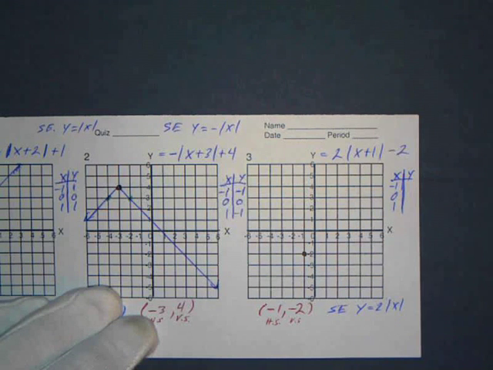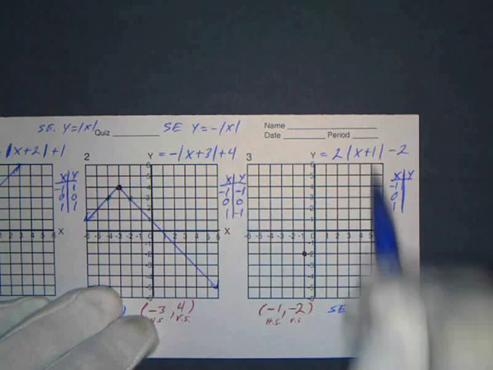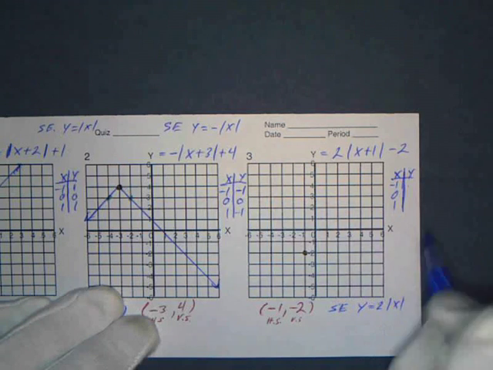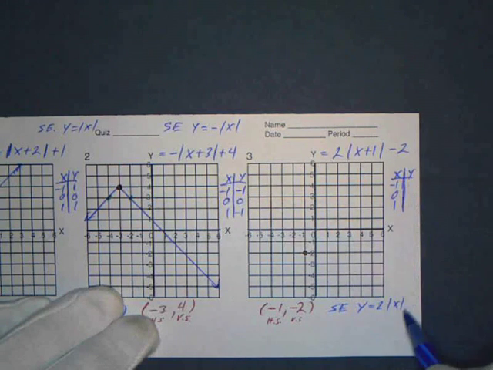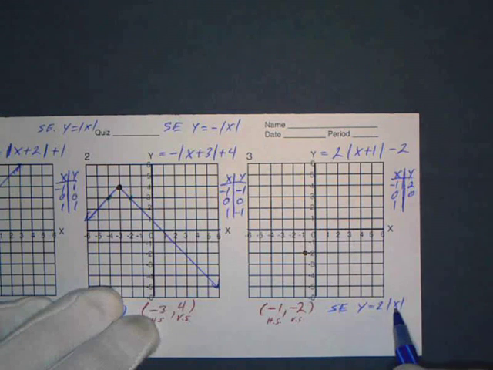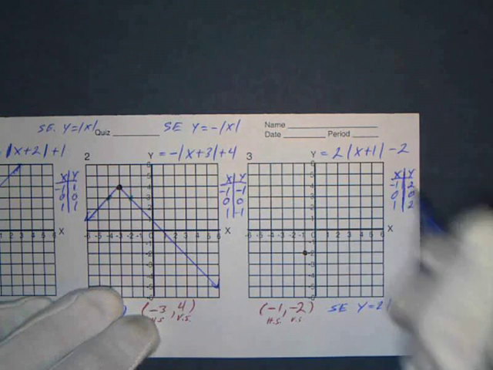And I put my values in, so when x is -1, so I'm using the shape equation now down here, because this is actually going to give me the shape. So the absolute value of -1 is positive 1 times 2 is 2, 0, and the absolute value of 1 is 1 times 2 is 2. So those are my